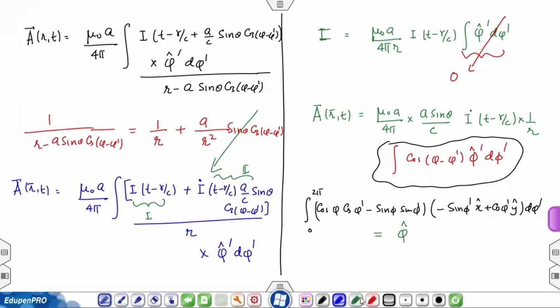So, there should be a π also somewhere, π times the φ unit vector,